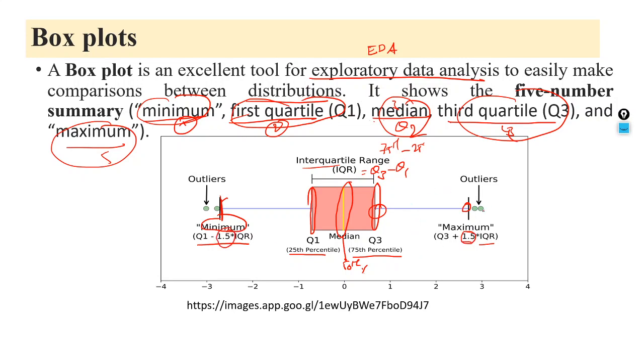The data points beyond this maximum are considered outliers. The data points outside of the minimum are also called outliers. This is the left side outliers, and this is the right side outliers. In total we have to observe how many exist. There are 2 outliers on the left side and 2 outliers on the right side, so totally 4 outliers exist.